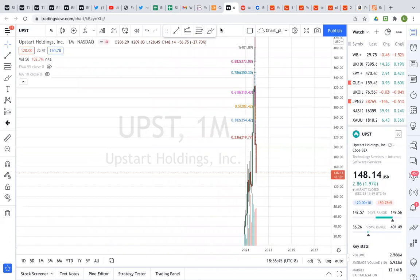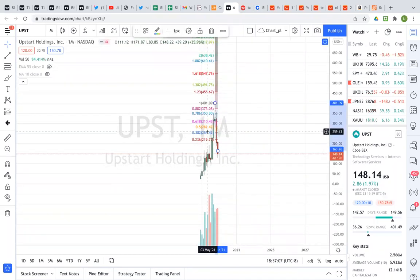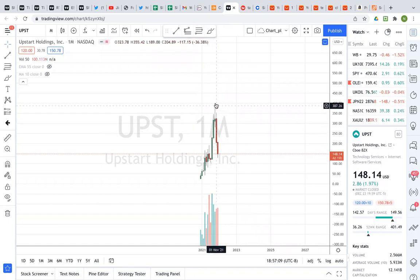UPST. So UPST, this went up and hit the 401. It was an important resistance, pulled back down more than 100%, I guess, from 400 to almost 128. That's almost more than 100% down. So UPST kind of,